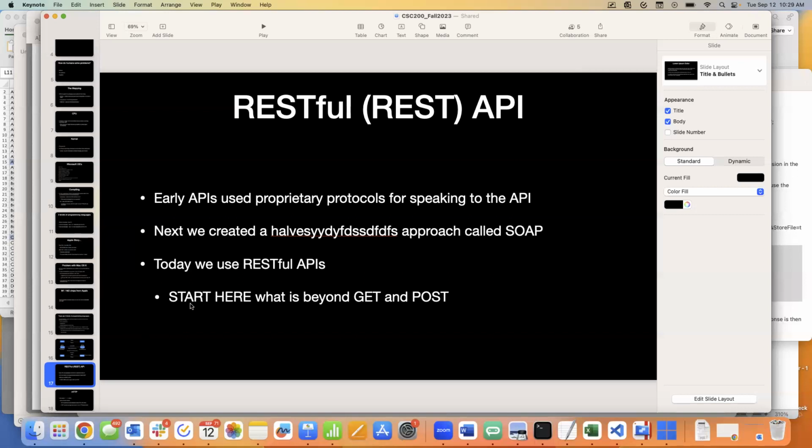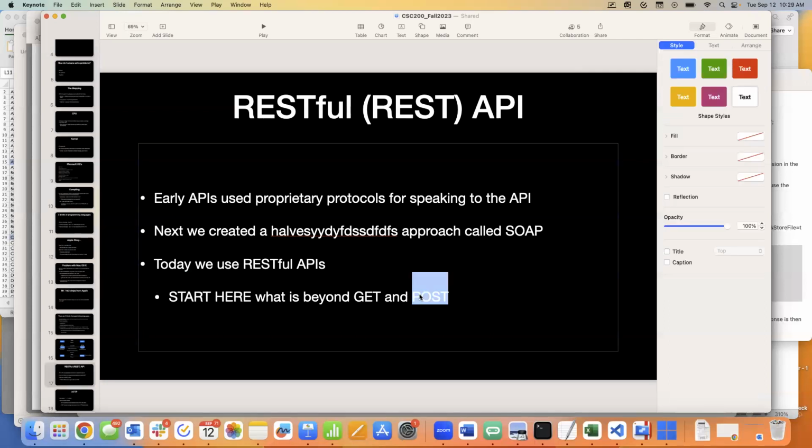Now, the RESTful standard uses the HTTP protocol. So as a starting point, RESTful APIs are all based on the language that has existed since the birth of the internet.